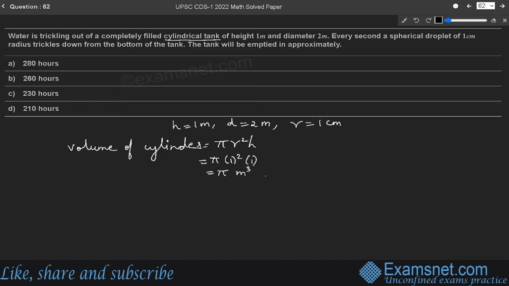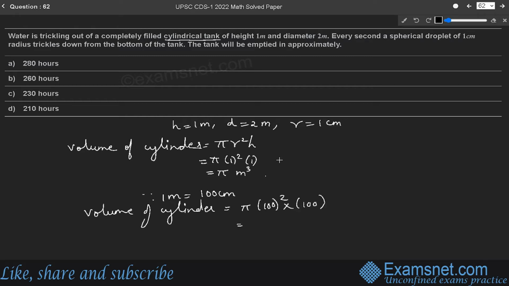Now, since 1 meter is equal to 100 centimeter, the volume of the cylinder according to this will be pi into 100 square into 100, which will be,